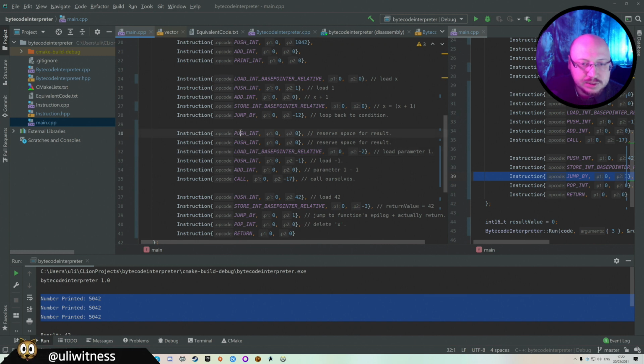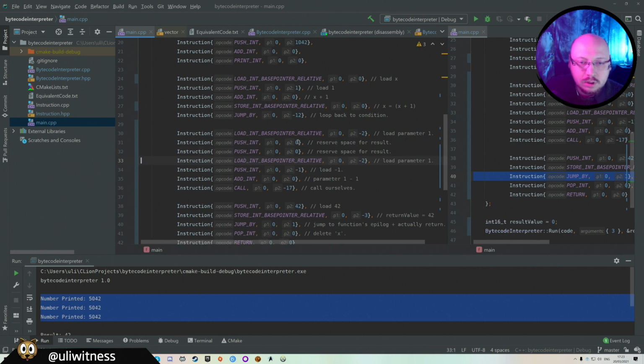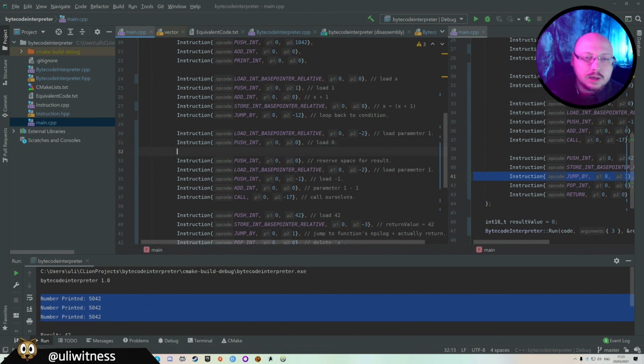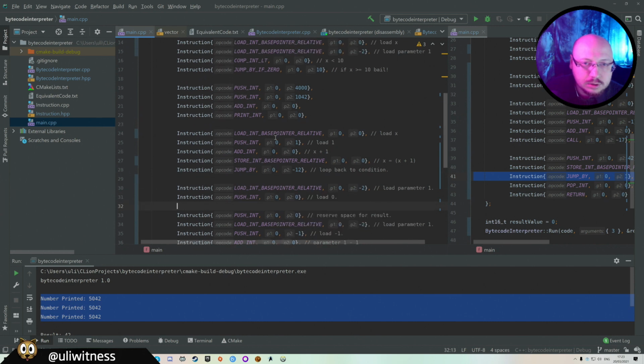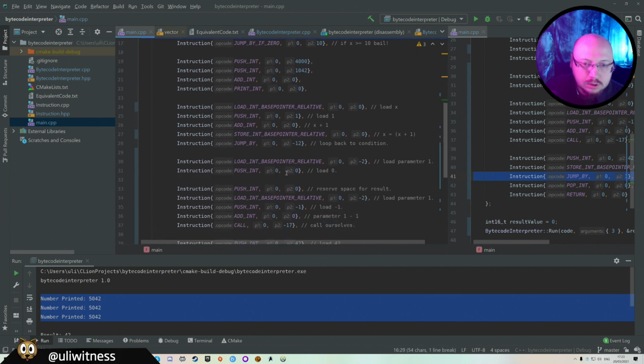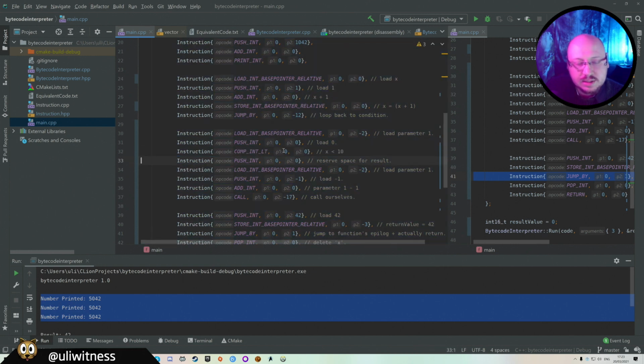First, we're inserting an instruction that loads parameter 1, and we will create one that pushes the 0, load 0, and now we'll make an instruction compare int less than, and now we need, so parameter 1,